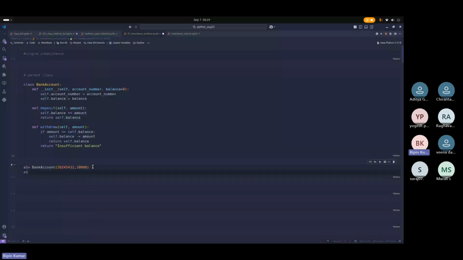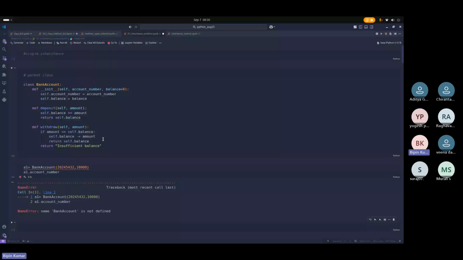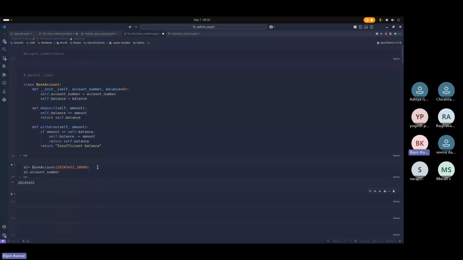So what we can do, even dot underscore number. Okay, so first let's run this. So account number, this one. Let's say if I have to deposit something, deposit, and then I have written some amount, let's say 13,000. Yeah. So the amount gets added to my balance. Okay. And similarly, if I withdraw,